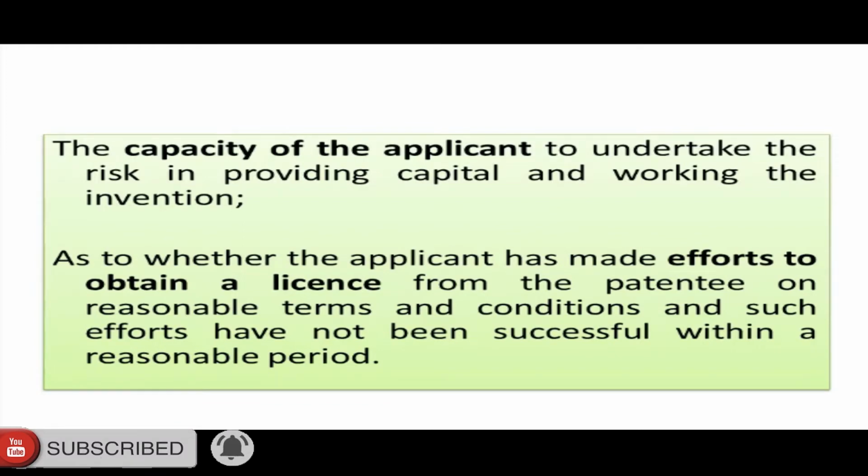If he has made an attempt and if it is refused by the patent holder, then it gives a good case as far as the applicant is concerned to get a compulsory license, because there was a bona fide attempt and that was turned down by the patentee, if that is the situation. So,